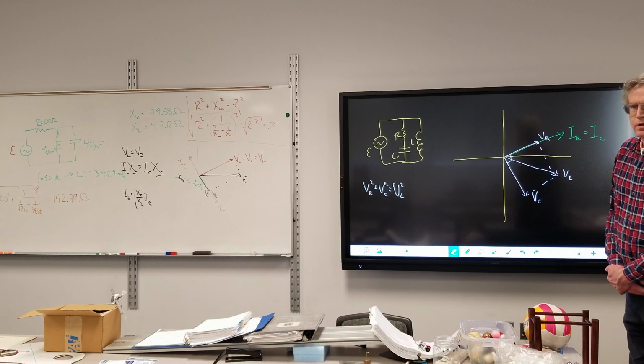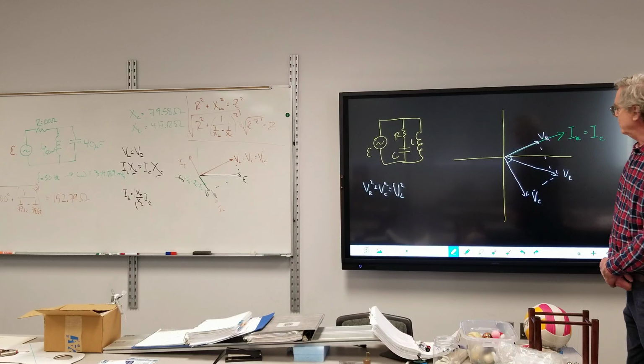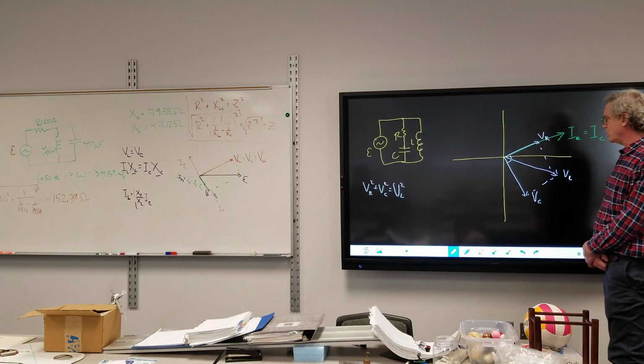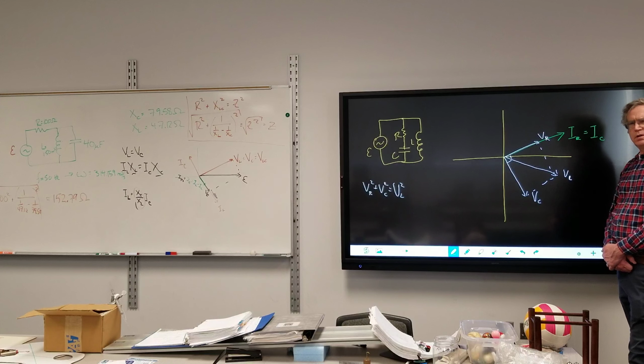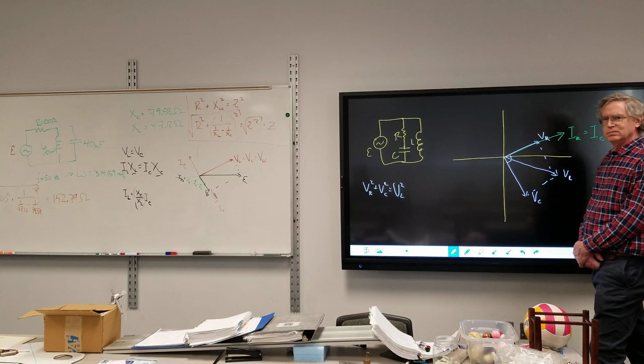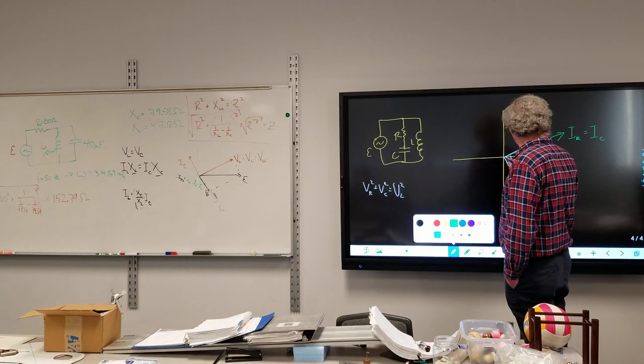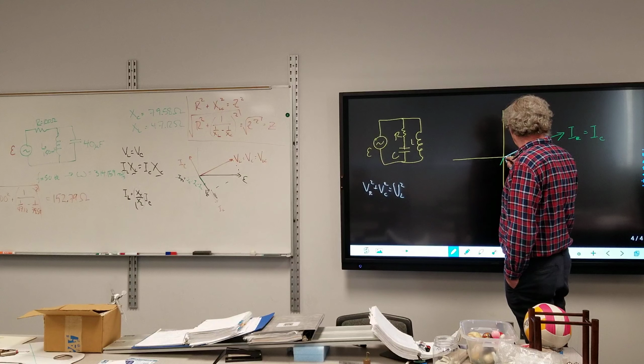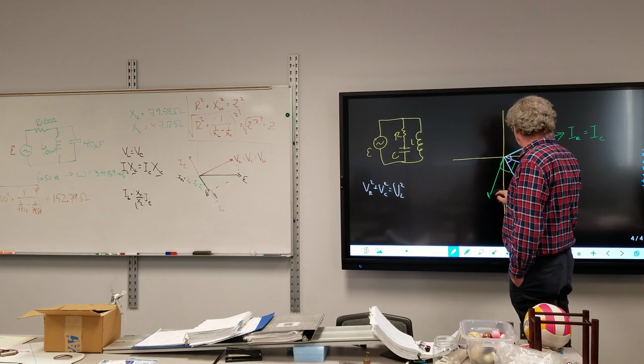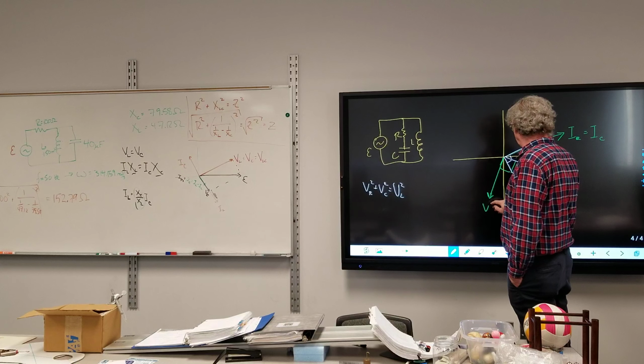So we can get the current phasor. All right, so the current phasor is in which quadrant? Should be lagging by 90 degrees, so it should be in the third quadrant. Yes. Okay, all right. So we got the current there, so that is a right angle there. And that's V, not V,